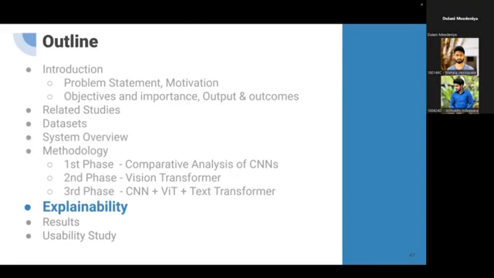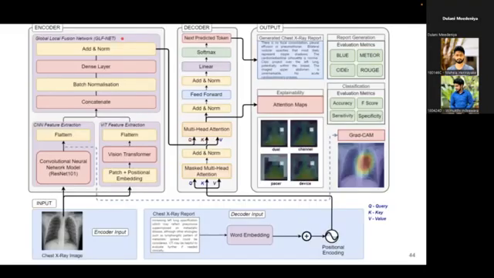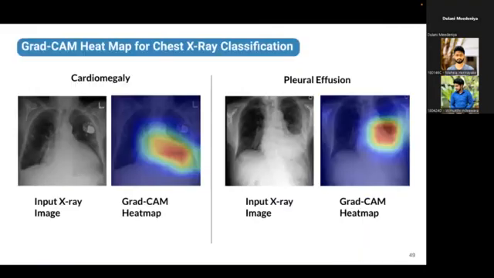Yes. So okay, now let's move into the explainability interpretation of the classification. We have used Grad-CAM saliency maps for interpreting the classification results. Specifically, we have used the last convolution layer of the CNN to generate the heat map. As you can see, we have shown Grad-CAMs generated for 2 chest X-rays of the classes cardiomegaly and